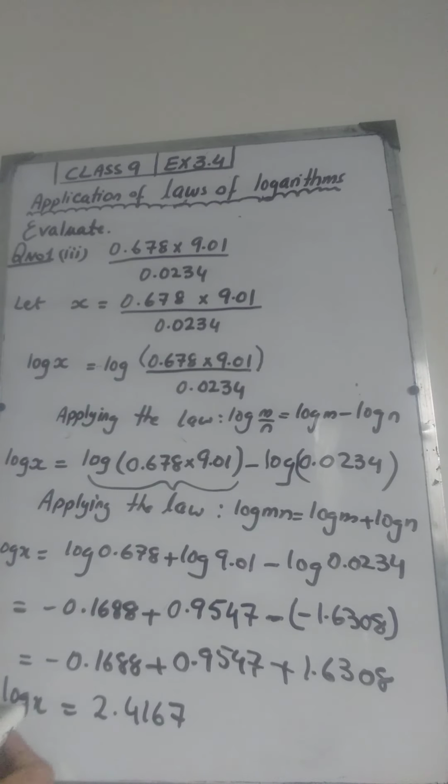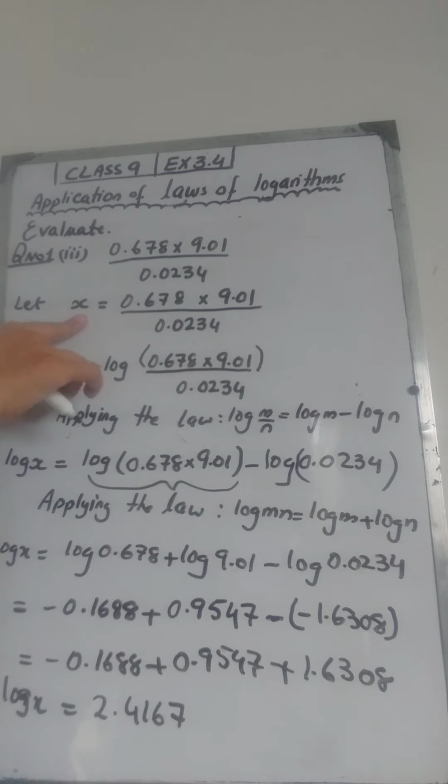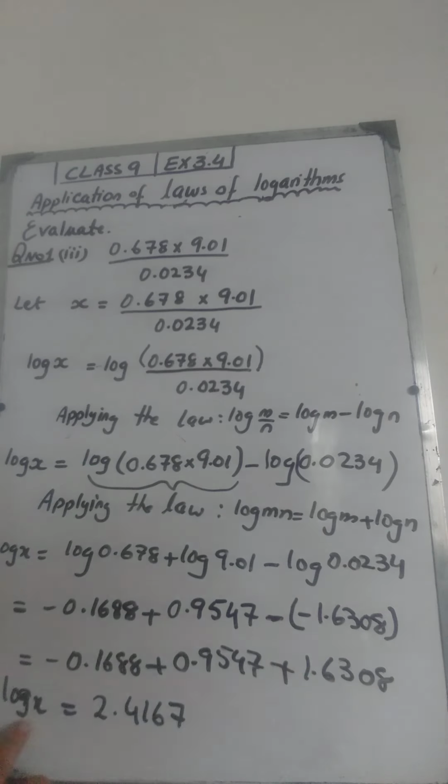Here we have log of x and we want x only, so we are going to take the antilog of both the sides to cancel the effect of the log that we have already taken. We have taken log to make our calculation easier. So now we have the answer of log x, not x, and we want the answer of x. For this we are going to take the antilog of both the sides to get the value of x.